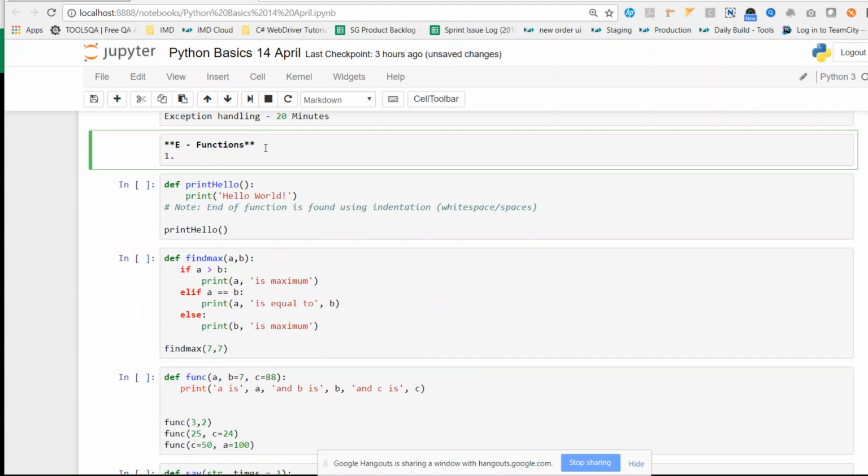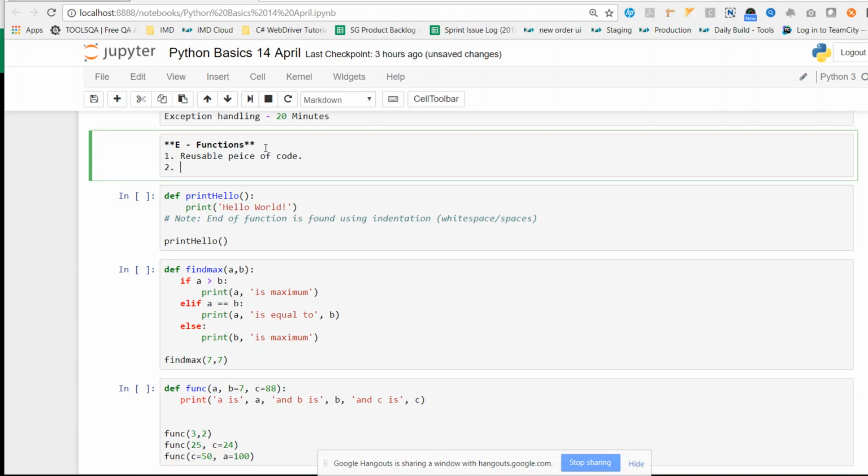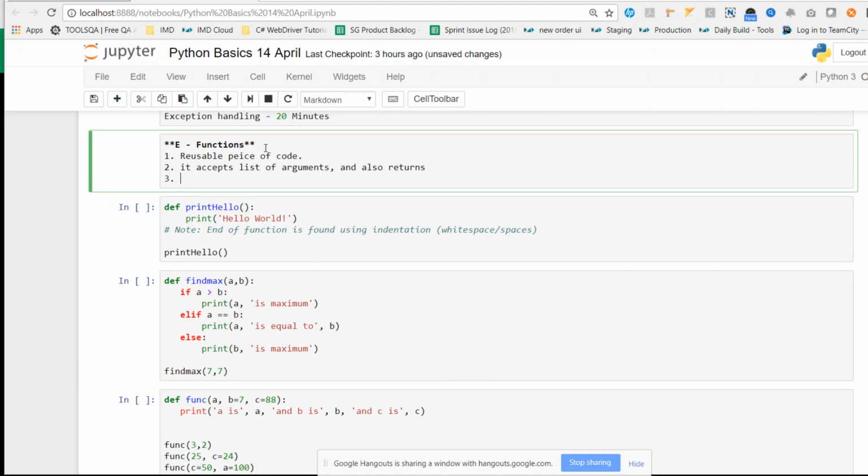A function is a reusable piece of software. If I want to use the same piece of code again and again, I will define it in a function instead of writing it again and again in the code. It accepts a list of arguments and also returns a value, so you can pass arguments and get a result back. A function is defined by the keyword def, the define keyword.